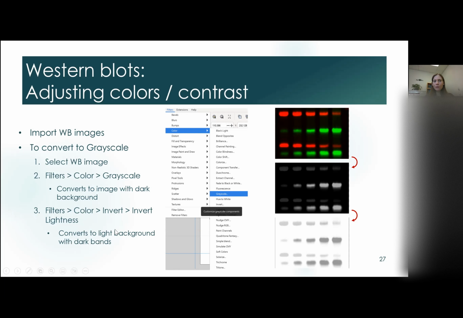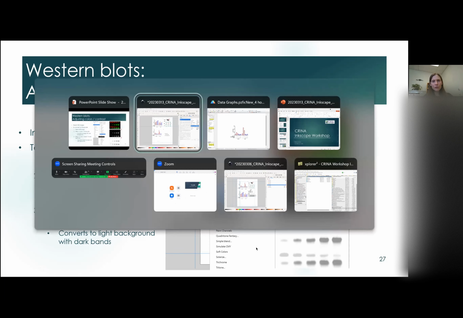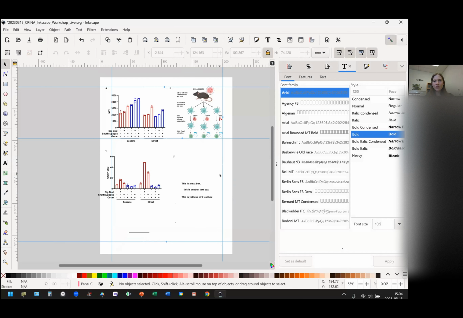So the second thing that we're going to do is, with that image, again filter, color, invert, and then invert lightness. That's going to convert it into the light background with the dark bars. For most papers, that is the format that you typically see a Western blot in. So if we switch back to our canvas over here,